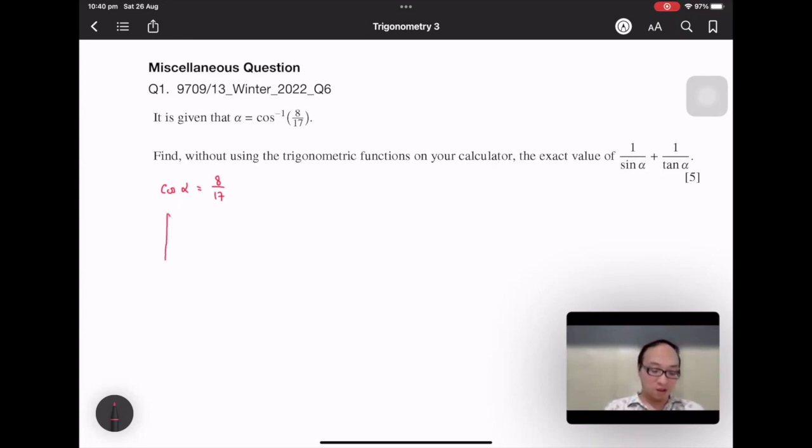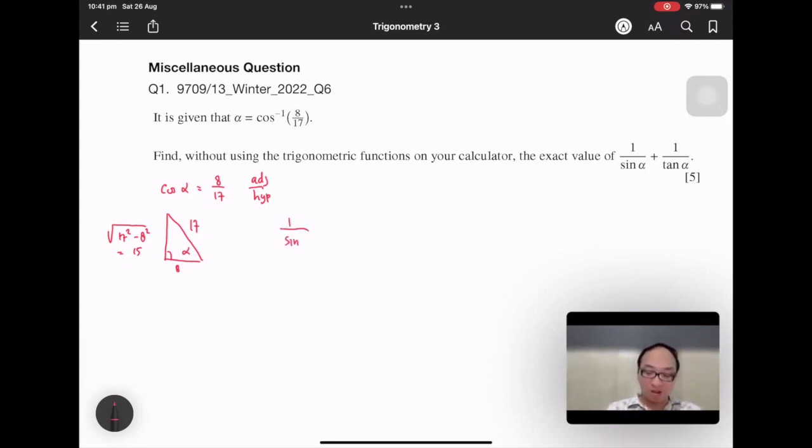So if we draw the right angle triangle, the trigonometric ratio of cos alpha is adjacent over hypotenuse. So this will be 8 and this will be 17. So that means the opposite side will be from Pythagoras. So this will be the square root of 17 squared minus 8 squared, which equals 15. So from here,